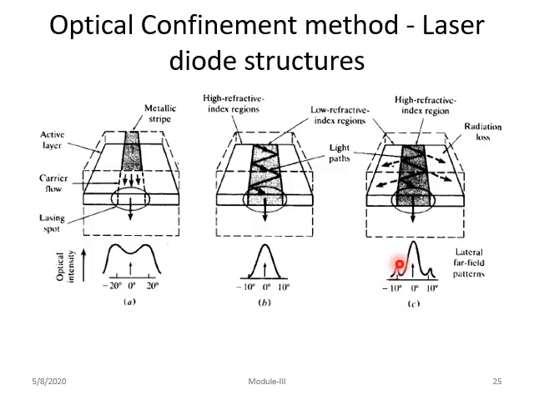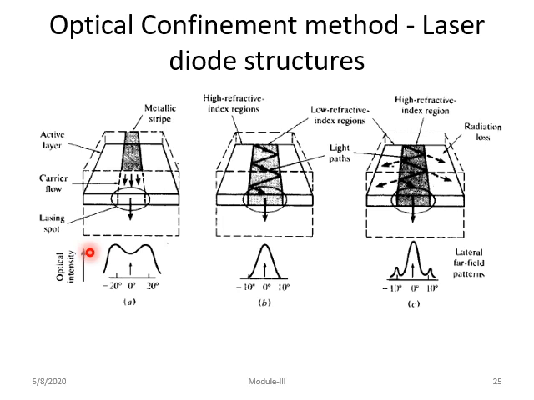And this is the optical confinement layer, or laser diode structure, showing how carrier confinement layers can be created. With this diagram, we can understand how the lasing spot, or the metallic strip, is pushed with respect to the active layer. In diagram A, the gain-induced guide electrons injected via the metallic strip contact alter the refractive index of the active layer.